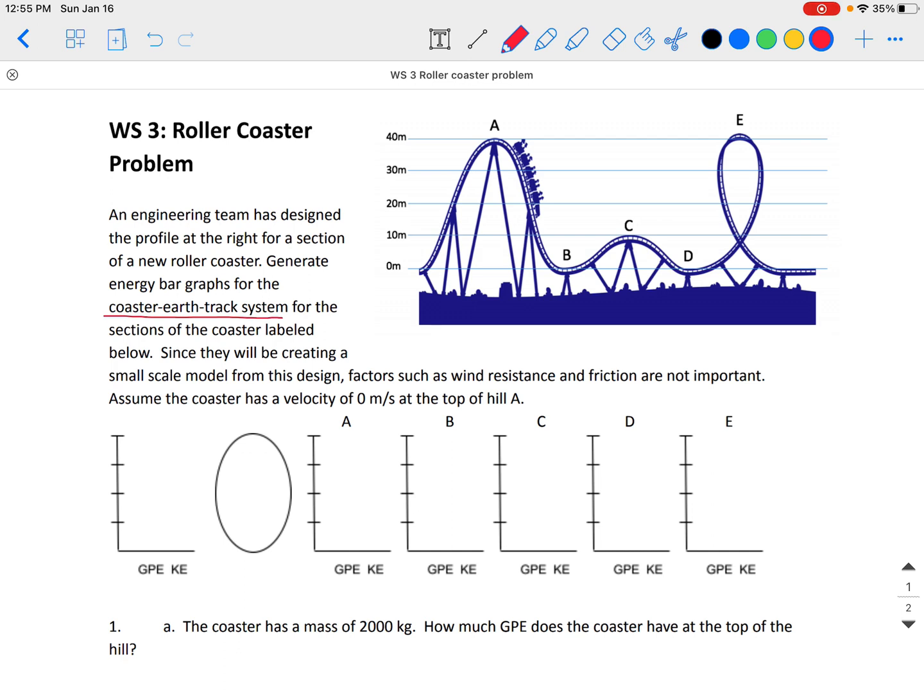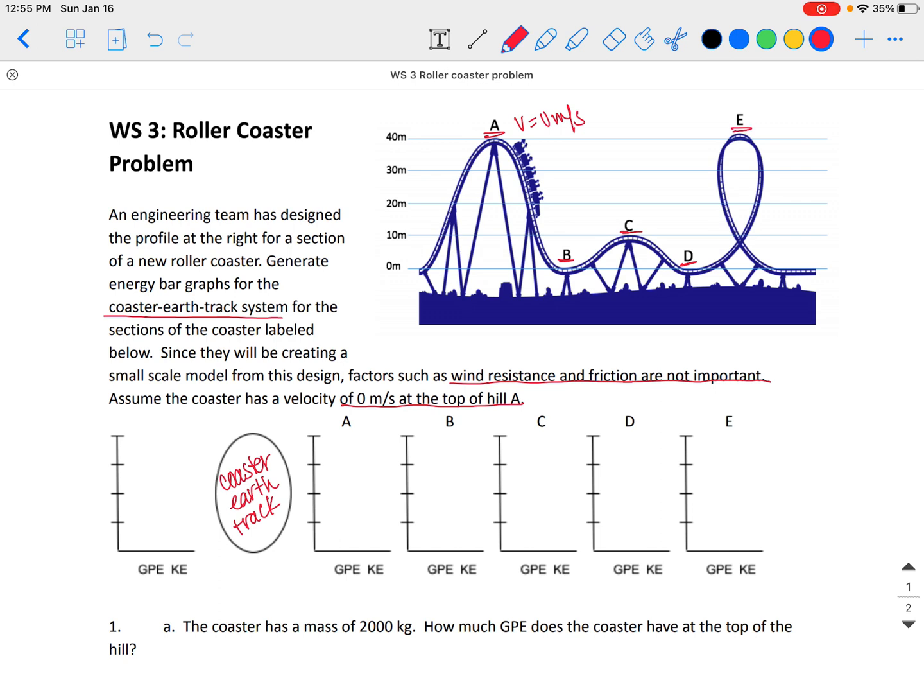So the first thing I'm going to do is write out everything in my system, which is the coaster, the earth, and the track. And it tells us that wind resistance and friction are not important. It also tells us that the velocity at the top of hill A is 0 meters per second. So we are going to figure out what the energy transfer is at each of these different positions on the